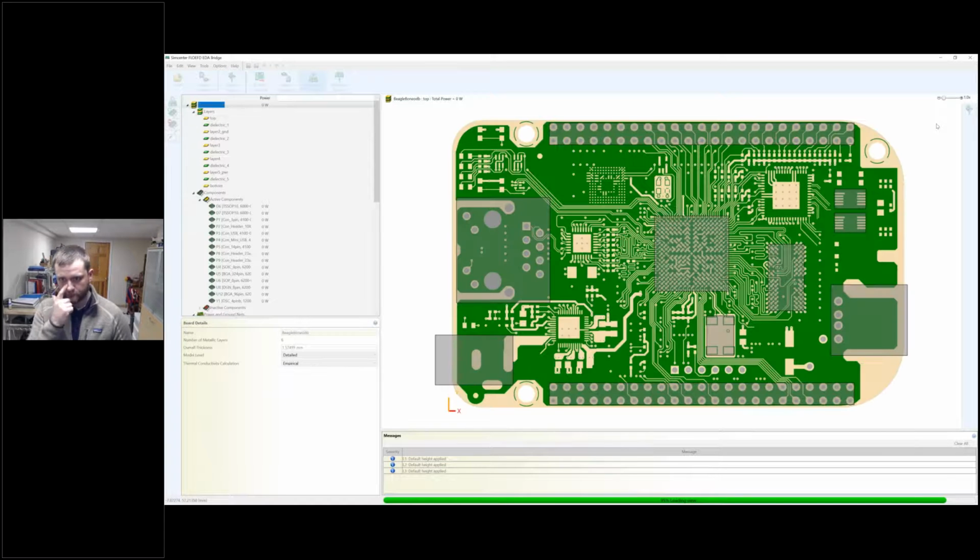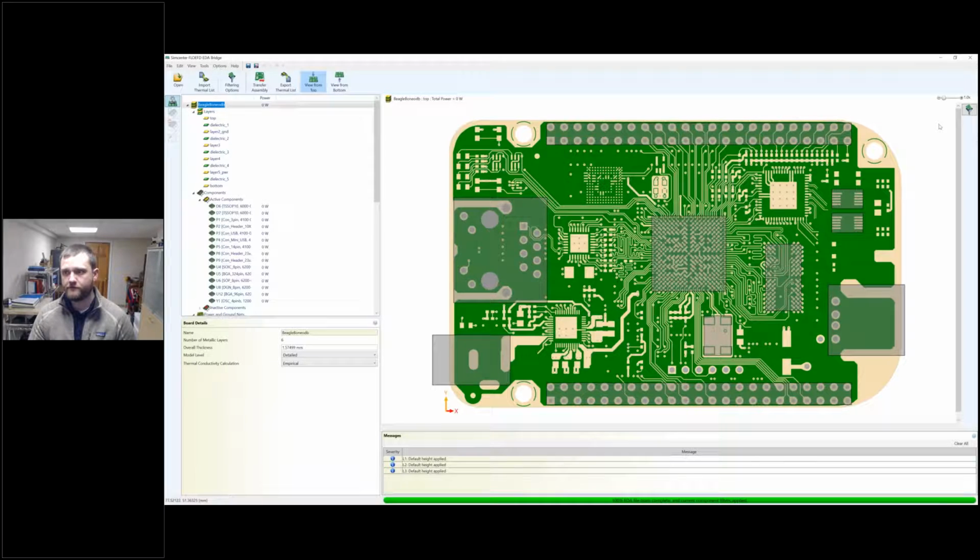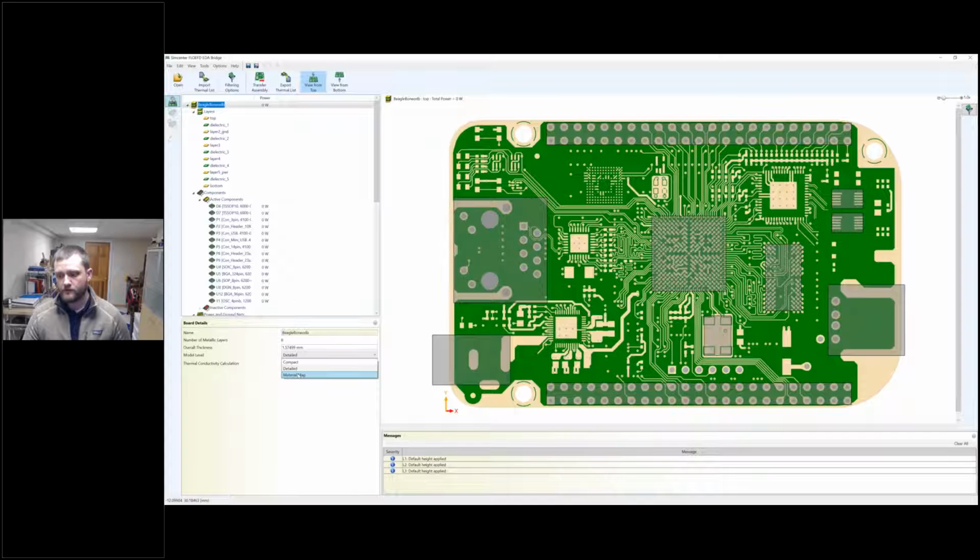All right, so we can see our PCB here. We're on the first layer, and you can see up here in our tree, we have the different layers. We have the overall PCB board, and we have different ways of modeling the PCB board within FlowEFD. We can do different modeling levels. We have a detailed model, which includes most of the PCB layers and components. We can also do just a simple compact model, but then also we have the ability to do a material map, which is what we'll be using today.